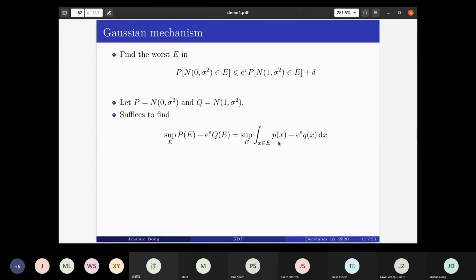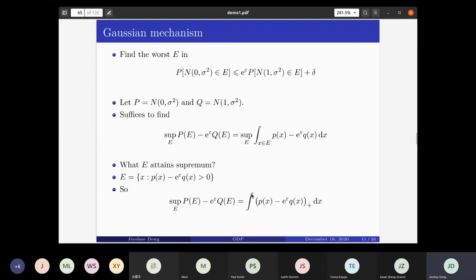Let's write it out using density. This is straightforward. So what is the supremum? Which set contains the supremum? It's actually very simple, because whenever it's positive, you count it into E, and whenever it's negative, you don't want it. So E is the location where this quantity is positive. You have probably already noticed that I'm almost performing the proof of the Neyman-Pearson lemma. But anyway, we are going to make a formal connection in the discussion meeting. For this moment, let's just work with this expression. So the supremum is equal to